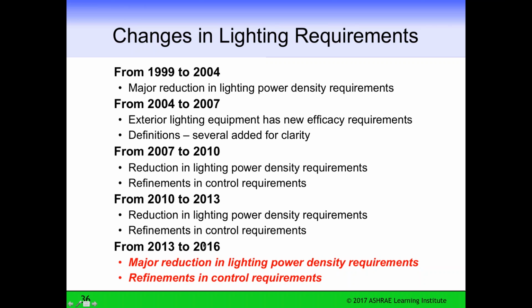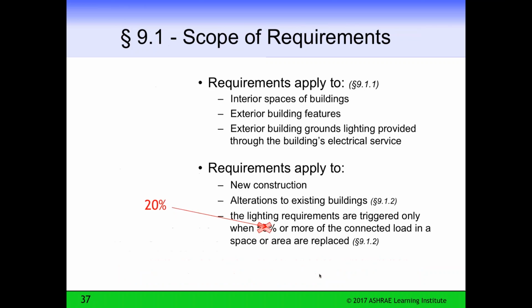And then from 2013 to 2016, major reduction in lighting power density requirements and further refinements in control. So this is basically what's happened to the lighting section over the last 15, 16, 17 years.